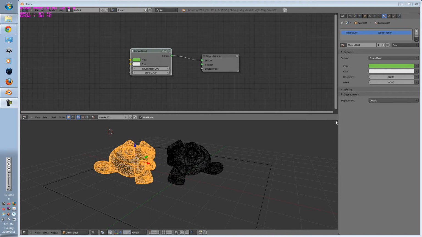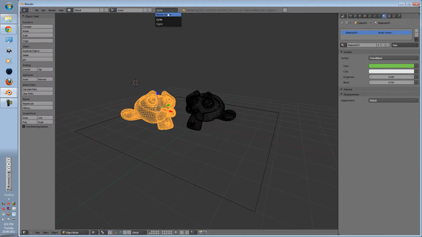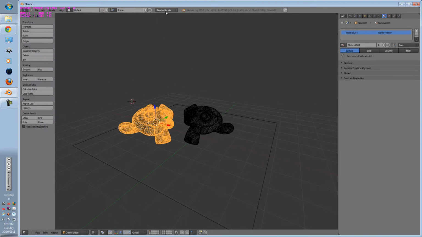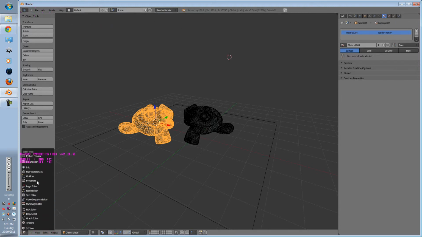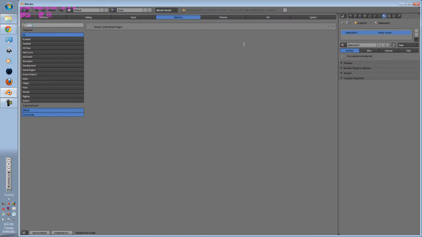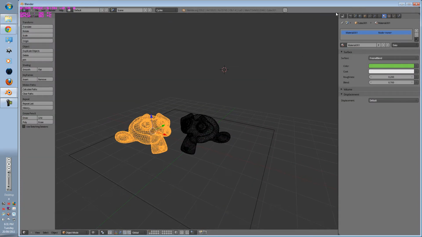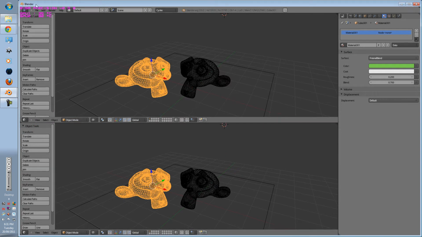Now there might be a problem where, when it says Blender render, you're going to have to click this icon here, user preferences, type in cycles, check that button, and the message will come up. So if I go back to the beginning,